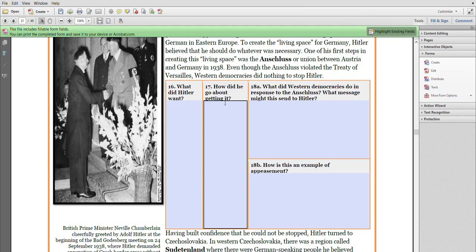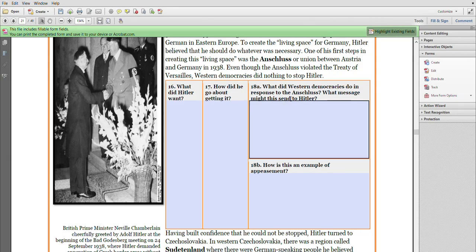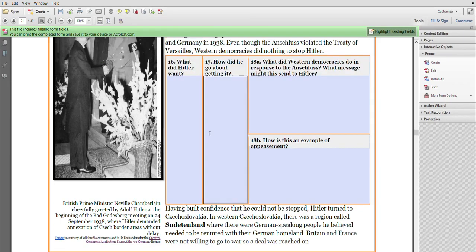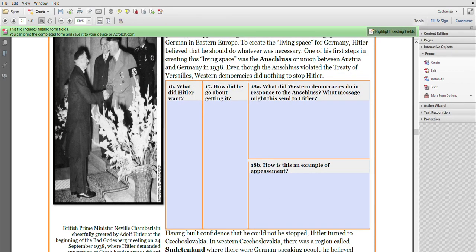17. How did he go about getting it? 18a. What did Western democracies do in response to the Anschluss? What message might this send to Hitler? 18b. How is this an example of appeasement? Here you see a picture of Neville Chamberlain shaking Hitler's hand